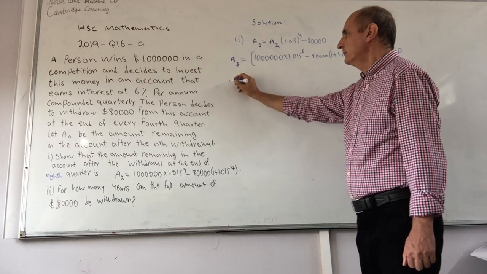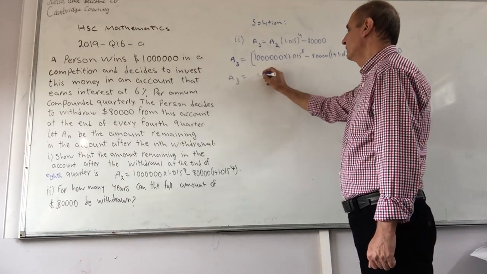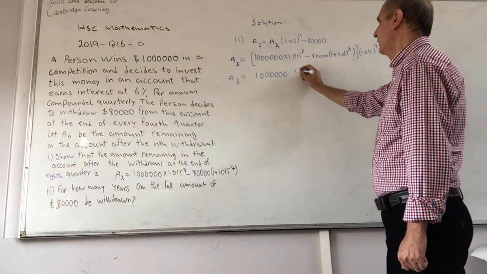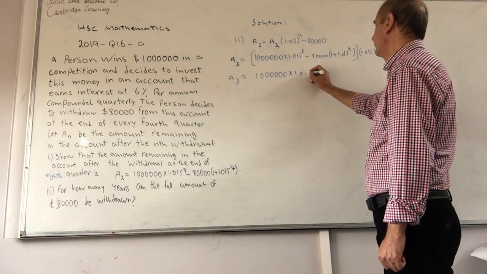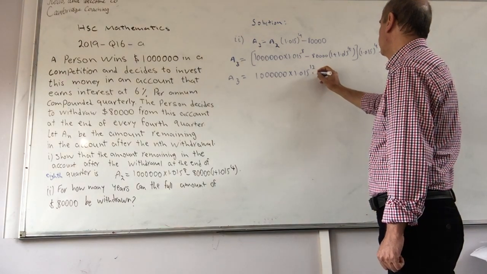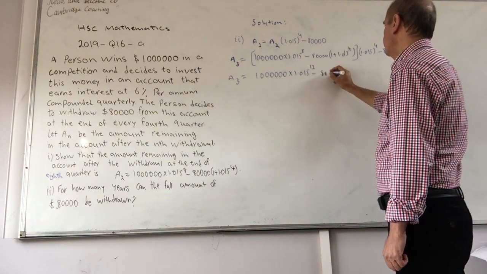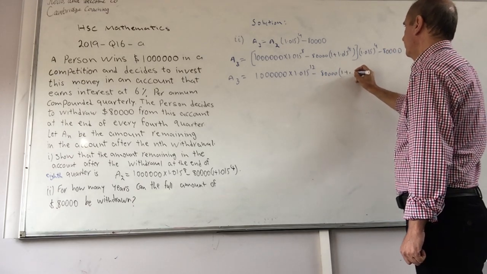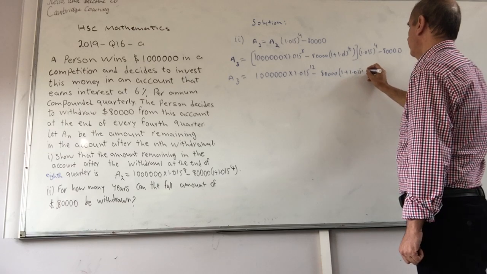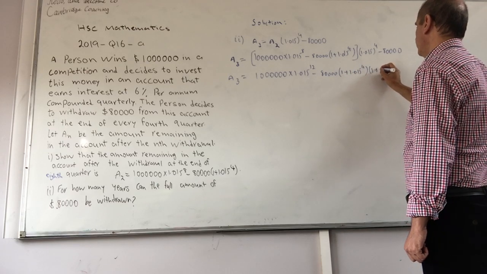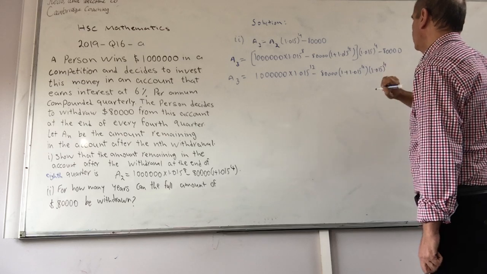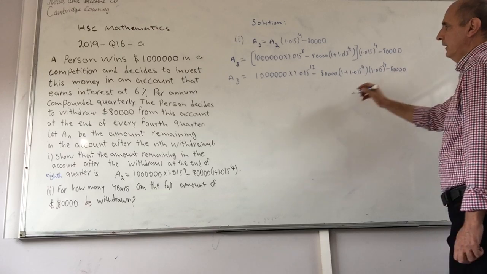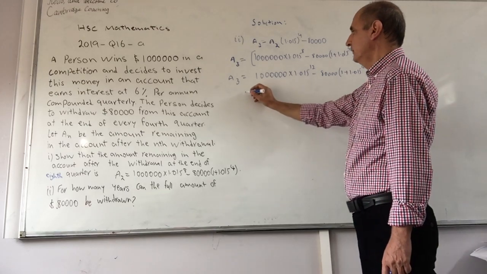If we expand that, A3 is equal to 1 million times 1.015 to the 12 minus 80,000 times (1 plus 1.015 to the 4 times 1.015 to the 4) minus 80,000. And if I factorize 80,000,